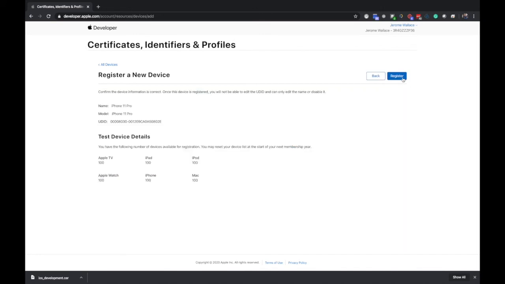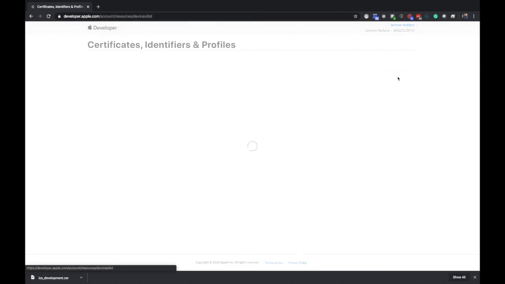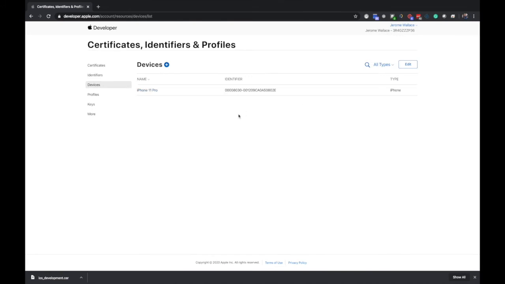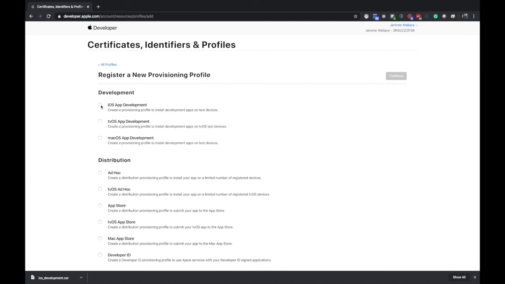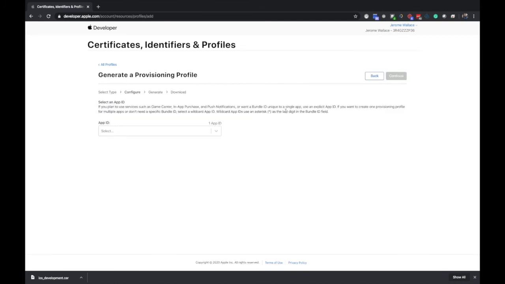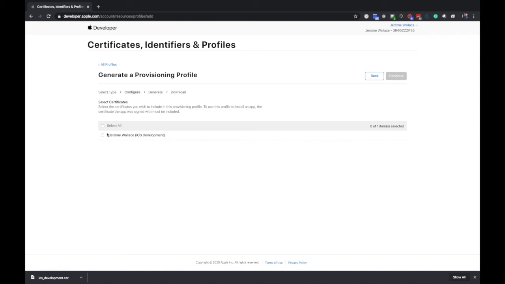And you see register here. So we're going to hit register. And then done. Alright, then you're going to go over to profiles, hit the plus sign up there, iOS app, and now you can go back and now you have an app ID in the drop down to choose the one that you just made. Okay, we're going to go here, then we're going to use the iOS development,